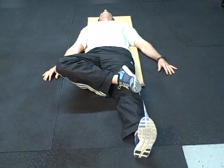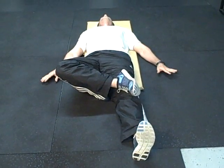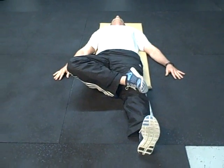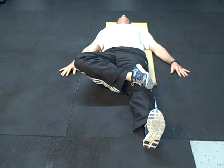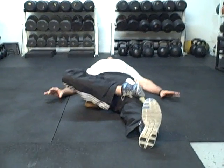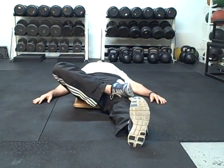So a good indication that your adductors are all right and loose and ready to play is if this front shin is parallel. So I kind of feel it a little bit tight, so I think it's just above parallel. It's probably not exactly parallel, so it means it's a little bit tight, not too bad in comparison to my other one. So when I show you my other one,